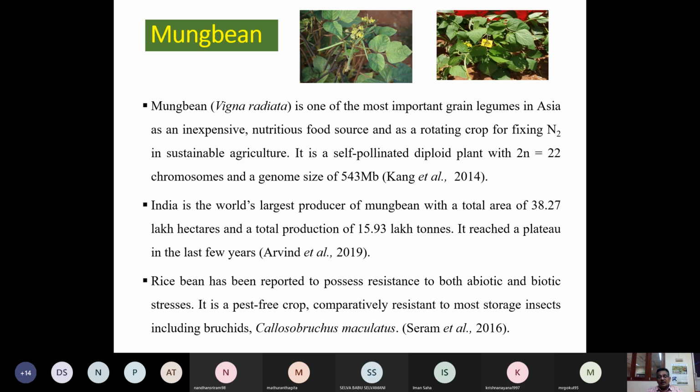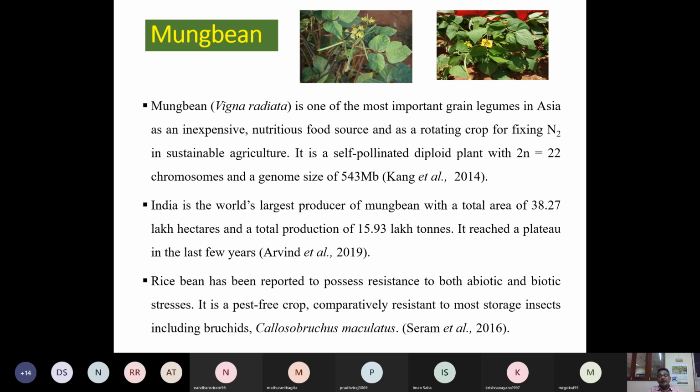When you construct the linkage map and want to map a particular trait, the next question is how economically important the trait is. For example, in this case, the major problem in mungbean is yellow mosaic virus. That is the major problem affecting mungbean throughout the world, and it is difficult for people to develop yellow mosaic resistant varieties. So that means the trait is very important. So the choice of the trait is very important.